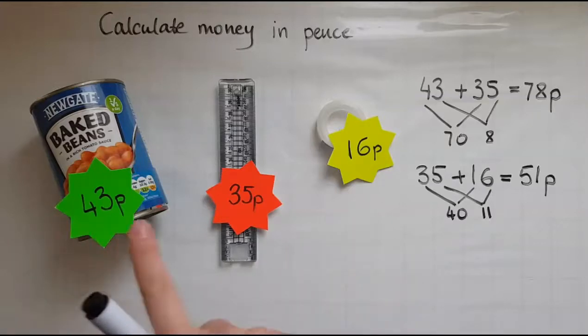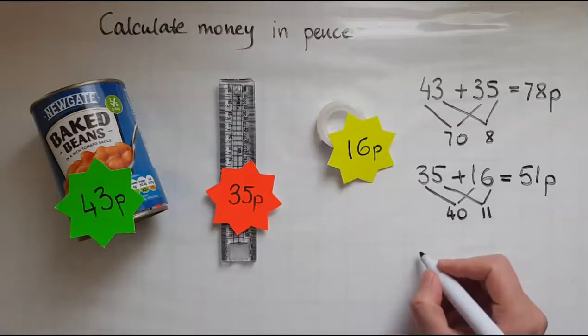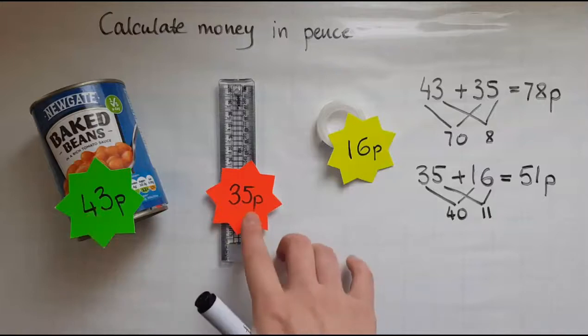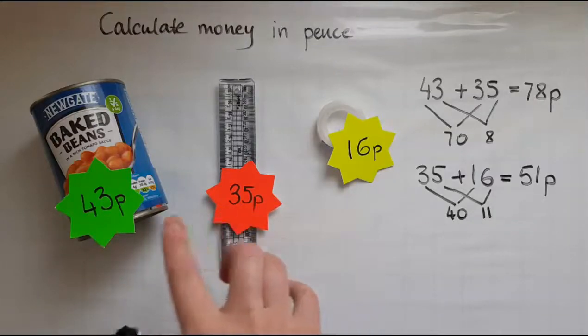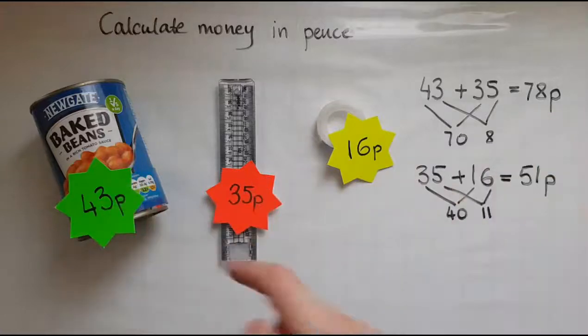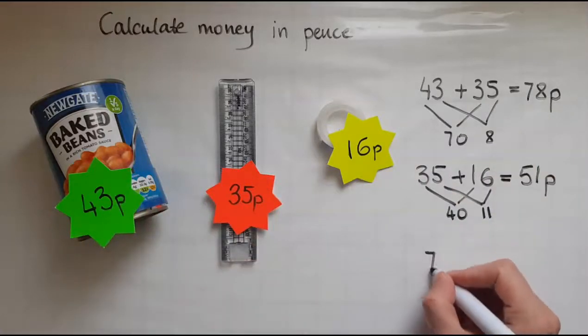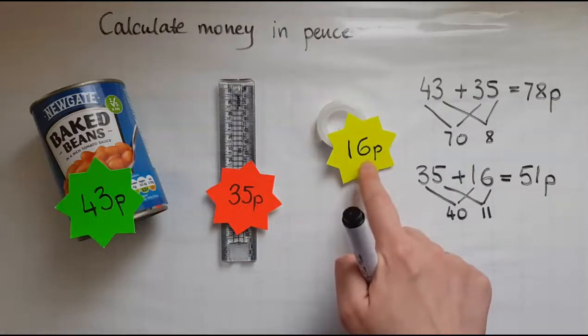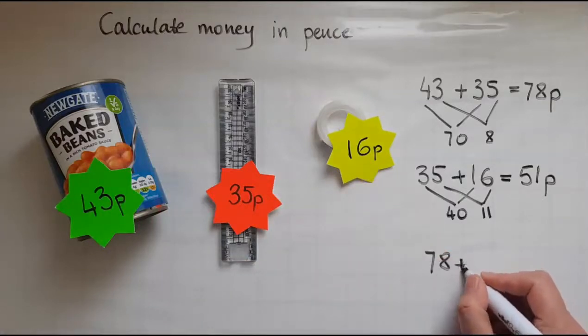And finally, I'll try and add these all together. So I'll find the cost of all of the 3 items together. So we've got 43 pence and 35 pence. Now we work these out together here. So we've got these two costing 78 pence. And what is left is the 16. So if I add 16 to that,